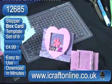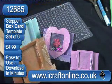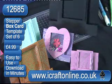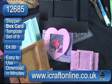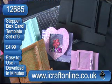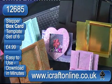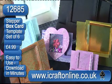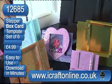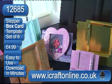You've got one there that's slightly bigger, then you've got that one that's the next one up. Then you've got the big black one there, which is the next one up after that. And where's the other one? And there's the gold one. There you go. You can see you've got all those different sizes here, and you can make wonderful cards like that. You can use them for your decoupage, you can use them for your shakers, you can just use them any way you want, but you're getting 6 sizes, and there's tons of stuff you can do